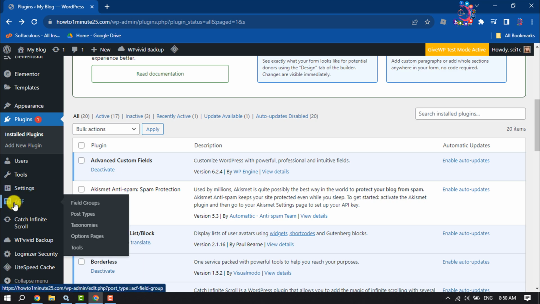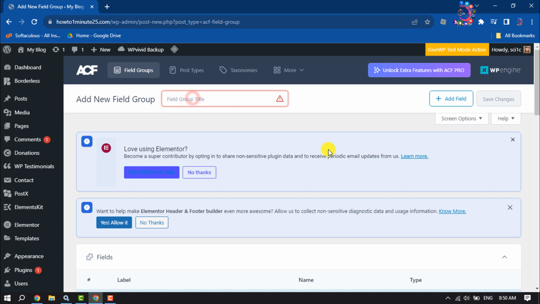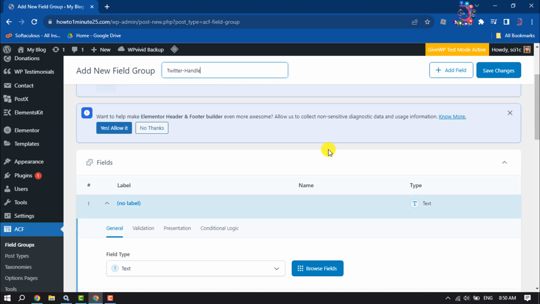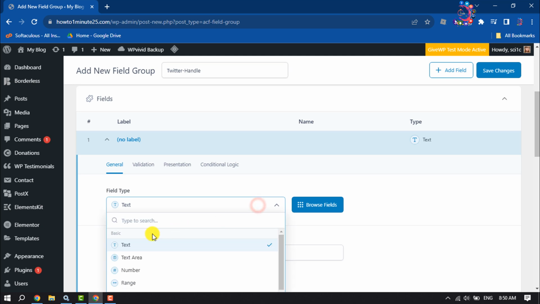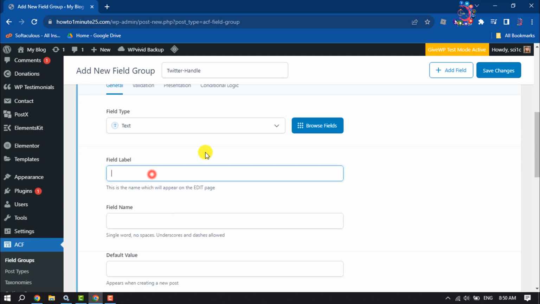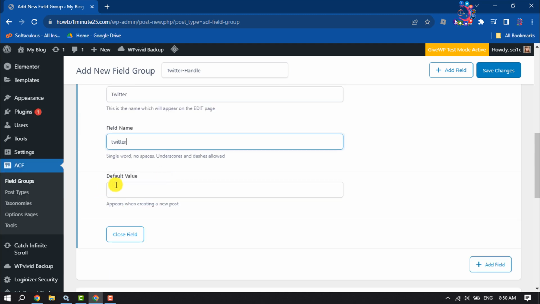To do that, click on ACF and now click on Add New, and I'm giving the field group title, Twitter handle, and scroll down. Select the General tab and for field type, select Text, and for field label, I'm typing here Twitter, and the field name, also giving here Twitter,